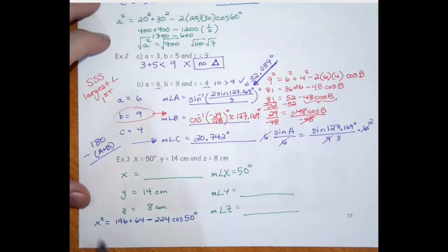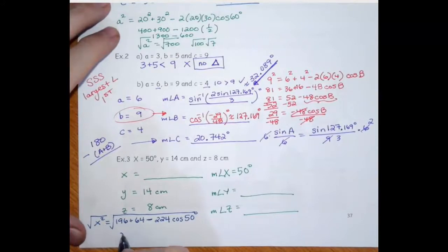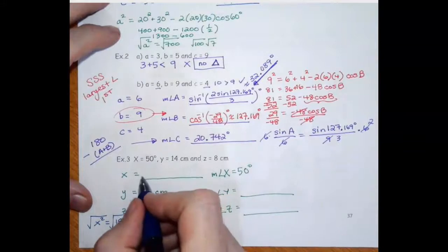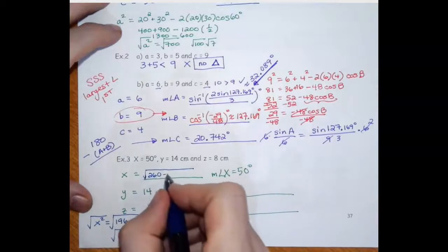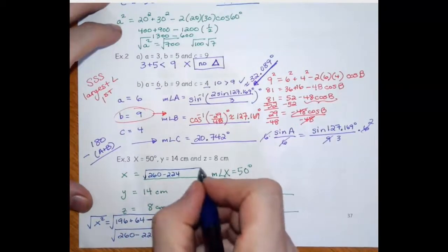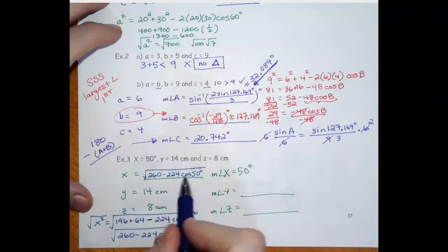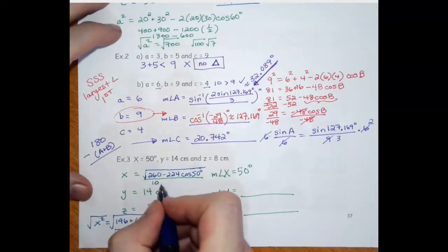Alright, so we would square root that. So we would add these together though, so that would have been 260 minus 224. So if we were in class, we would just have you write that down. 260. Remember, don't subtract those because you have to take the 224 times the cosine of 50 doing order of operations. You have to multiply before you subtract. Okay, so that on a calculator would be 10.771